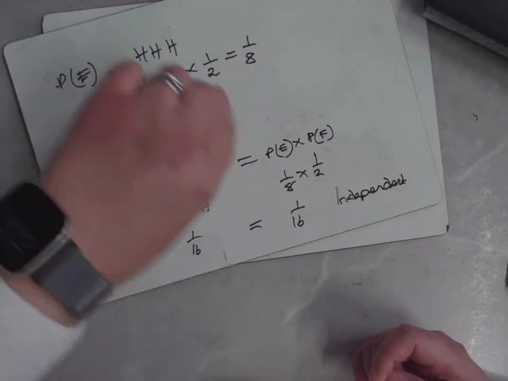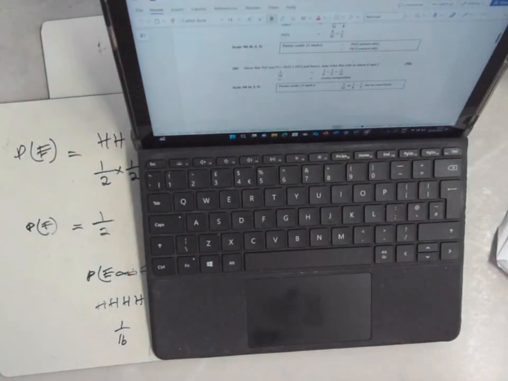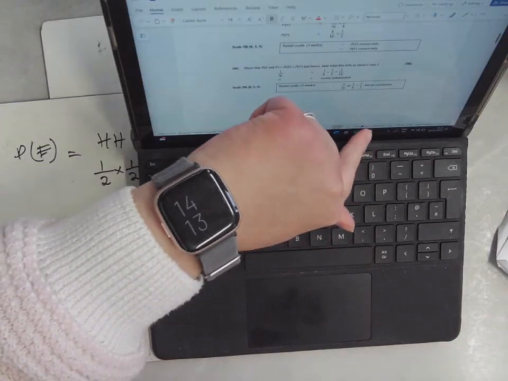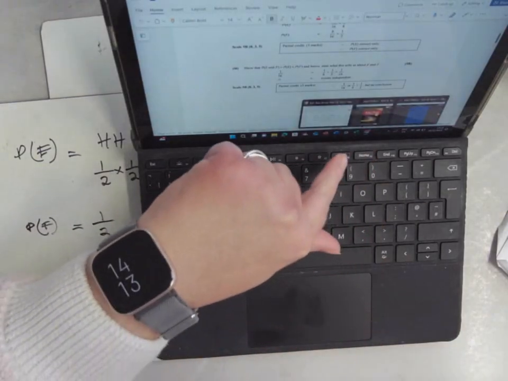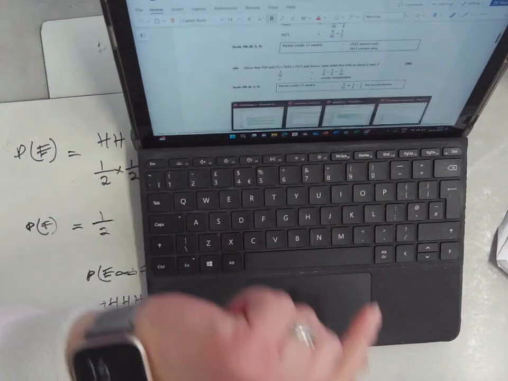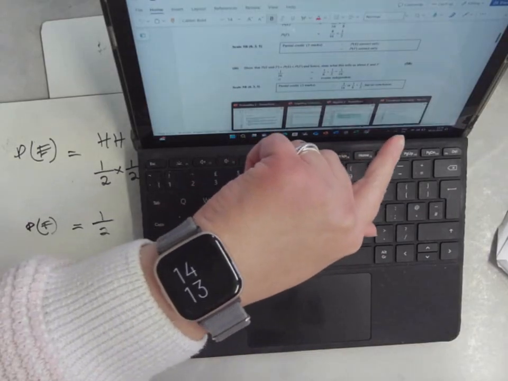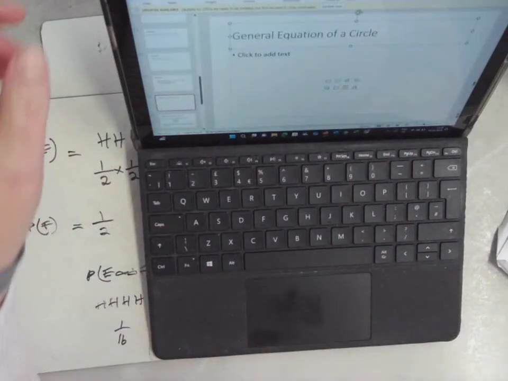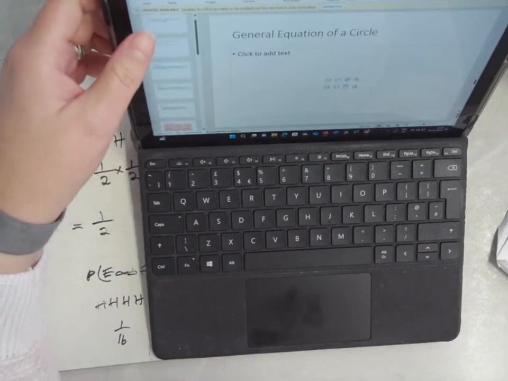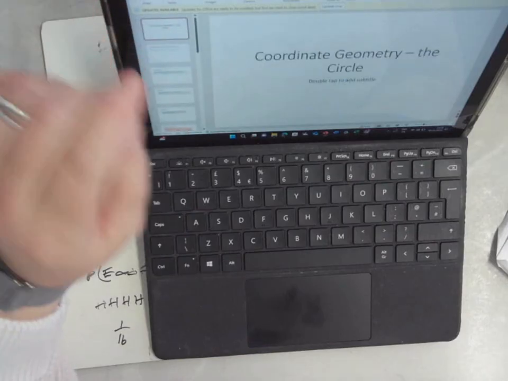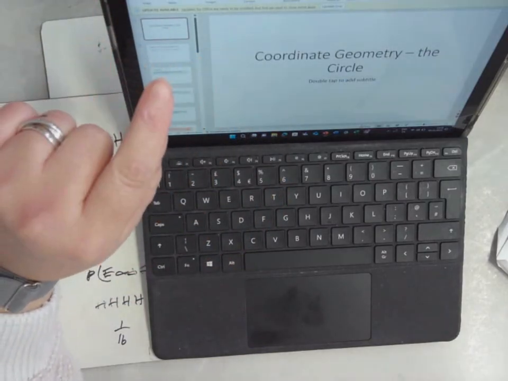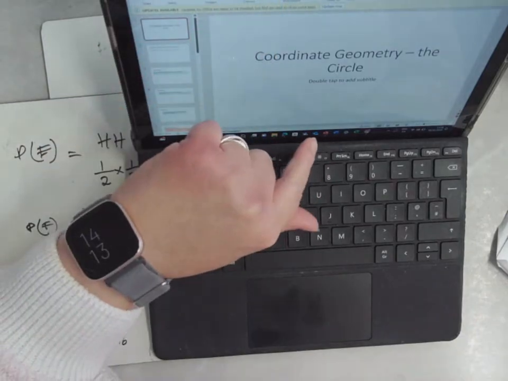Right, are we okay? Next thing I want to do is start the circle. Stupid question. Do you all know what a circle is? Yeah, great. We're halfway there. Right, okay. So I need to